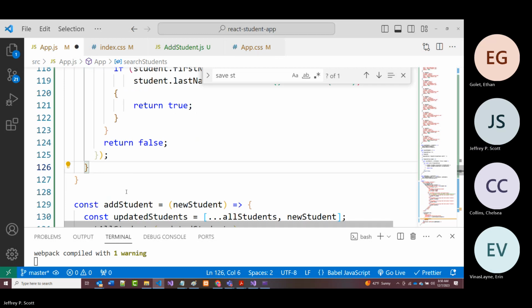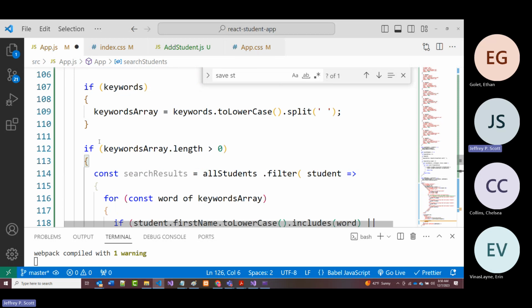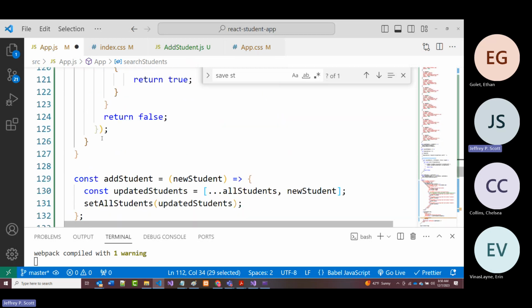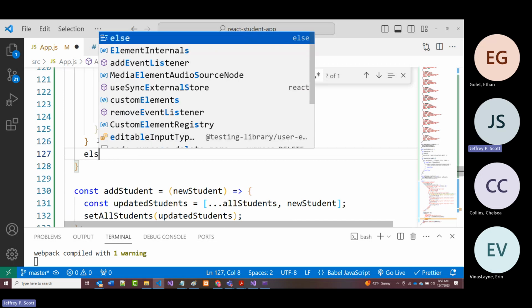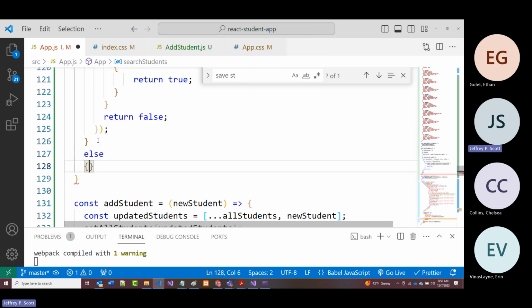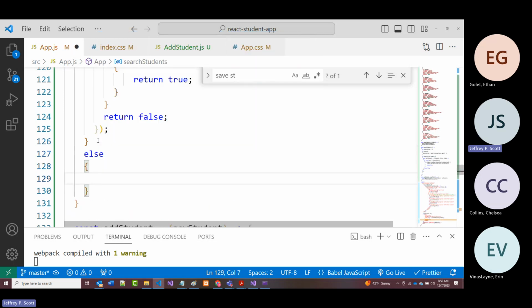Otherwise, again, if this is the case, that means that there's something in our keywords. But if we get down to here now and we write an else, that means there are no keywords. So we want to show everything. We want to show every student that we have. Okay. So what we want to do here, all right, right in here,